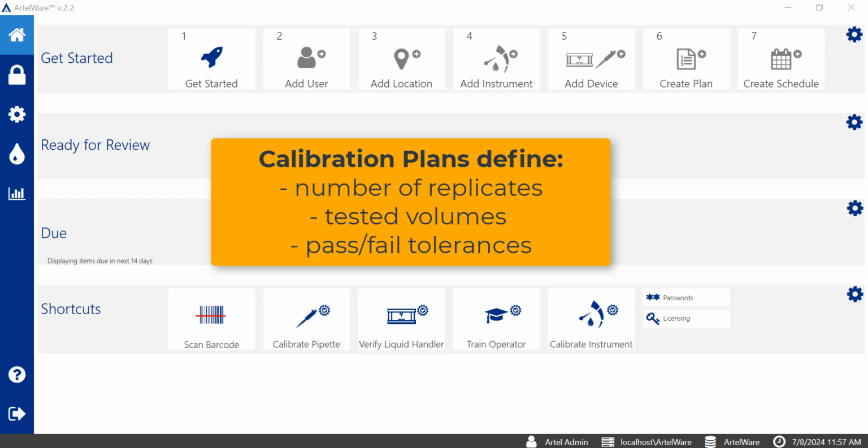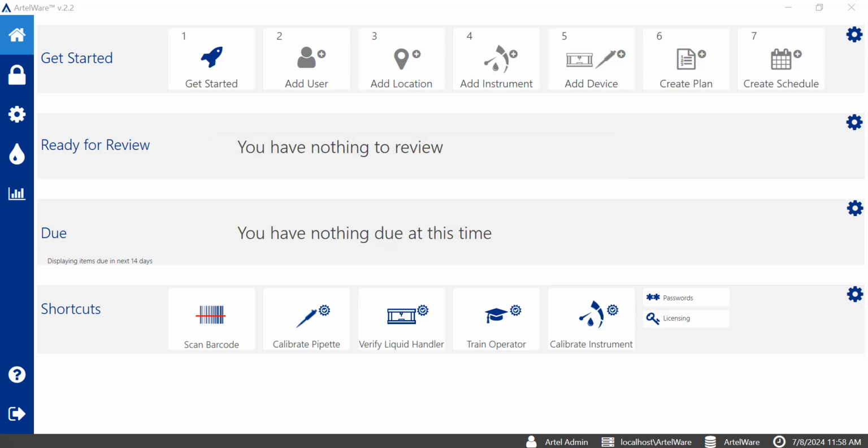Calibration plans in the ArtelWare application help you define the parameters of your calibration program, such as the number of replicates that you're taking per volume, what volumes are being tested, as well as the pass or fail tolerances for those volumes. Now within ArtelWare, there's a couple of different ways that we can add a calibration plan for a